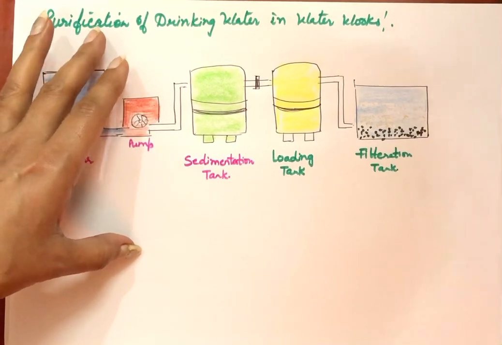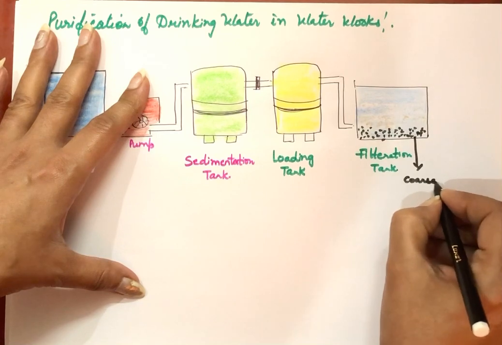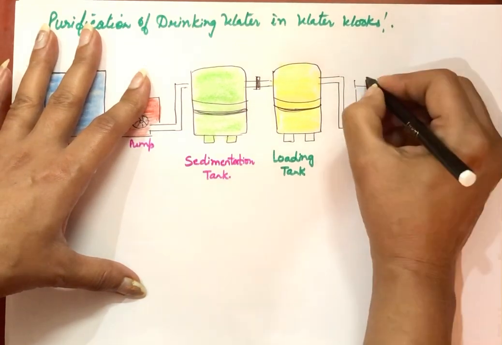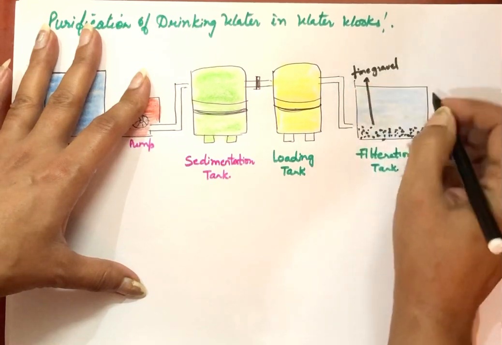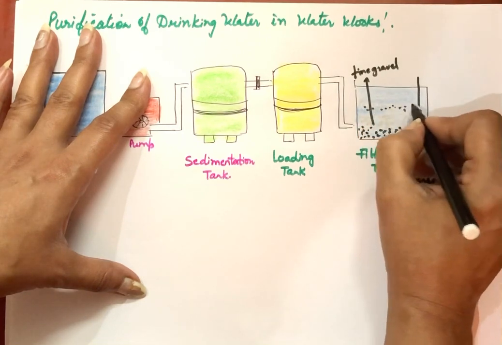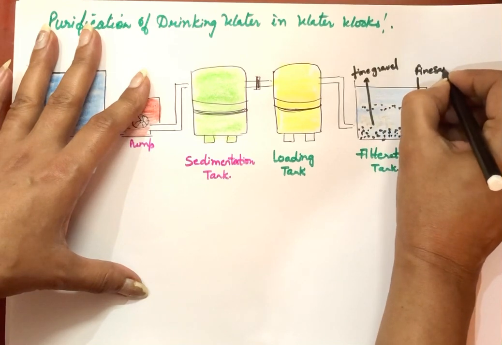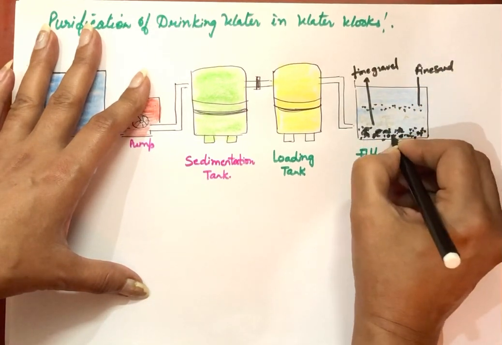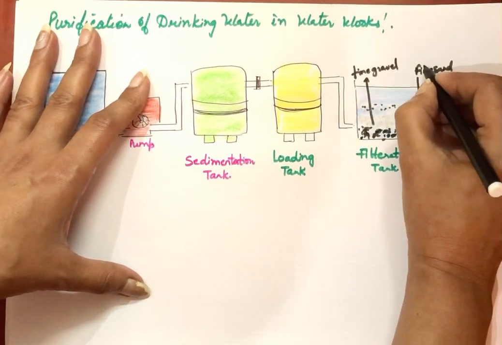The labeling of this part is, this is the coarse gravel. Middle layer, this is the fine gravel particles. And at the top here, we had drawn these small particles. These are the fine sand particles. So these particles should be of little bigger size because this is the coarse gravel as compared to the fine sand particles.